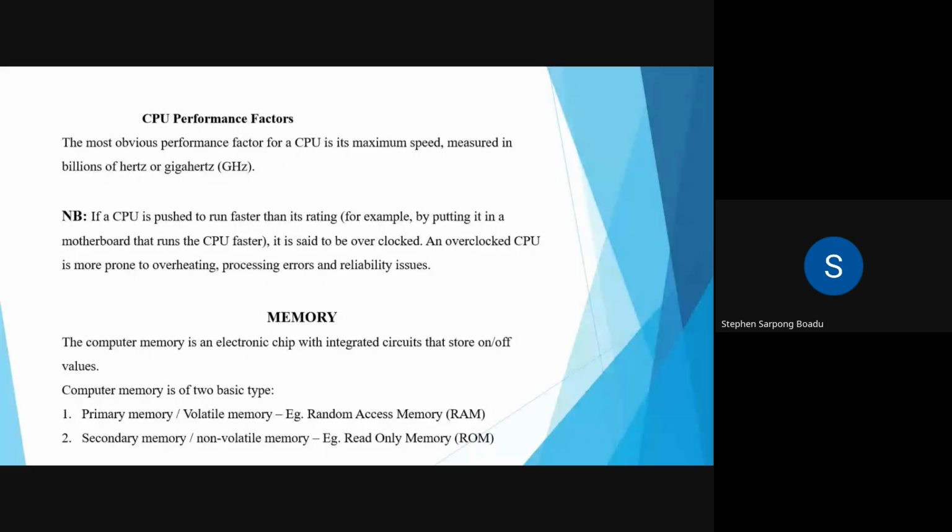so I was talking about the CPU performance before I went off. I was talking about overclocking the CPU. What happens if you overclock your CPU, right? It can give you errors, and then it can also make